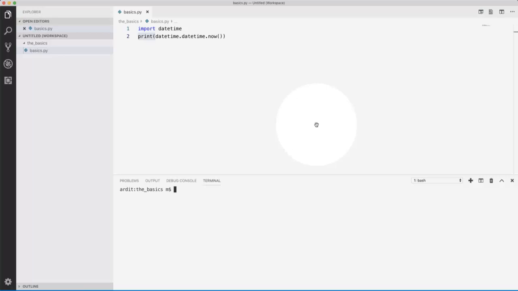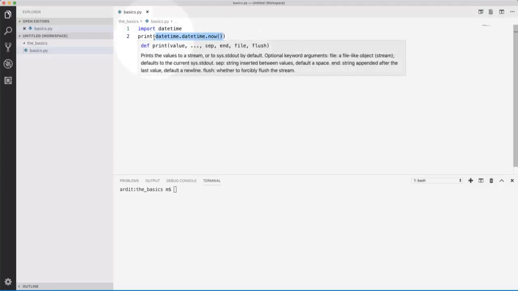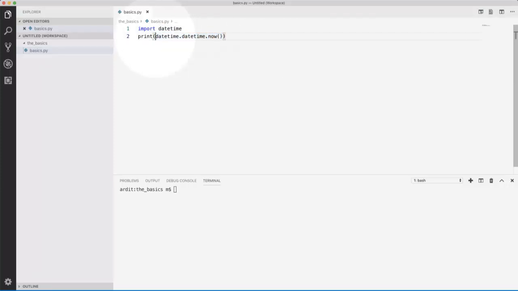Variables are names that you can create in Python to store values. For example, in this script here we don't have any variable. I'm printing the value on the fly, so to say. So the print function gets an input. That input is the output of the now function of the datetime